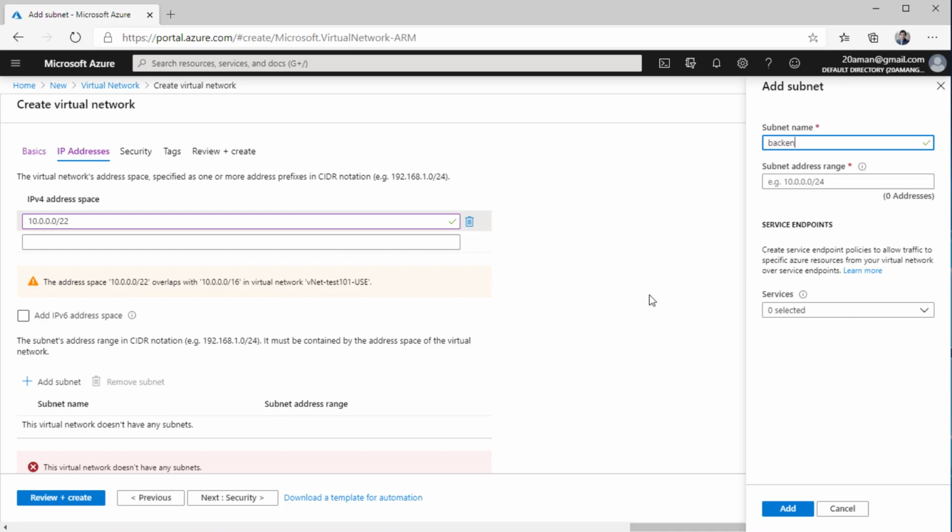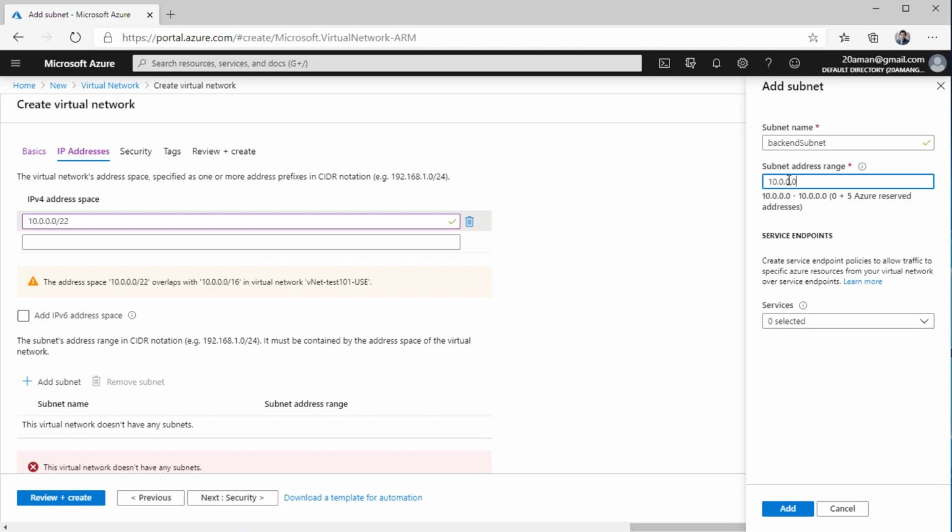One for the backend. We'll name this backend subnet. And we decided that the address space for that will be /24. Now the restriction here is that the address space for a subnet should exist within the address space of the virtual network.